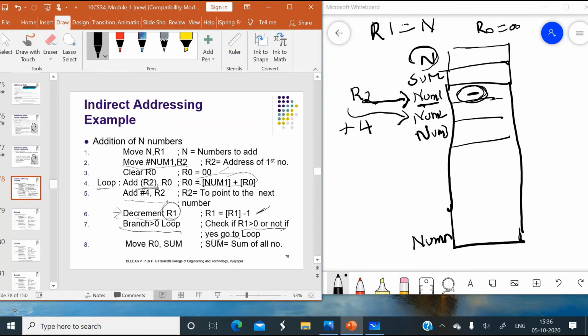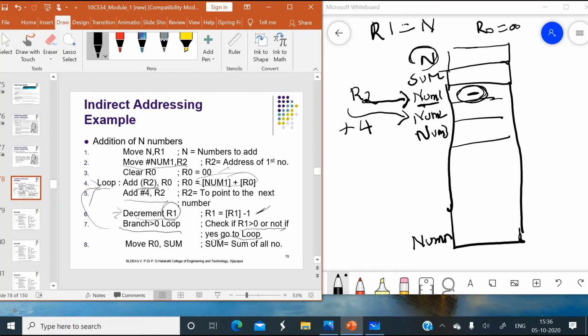If yes, then go to the label called loop. Now in loop, what is there? In loop, I am saying again add the content of the next number wherever R2 is pointing. That memory address content has to be added to R0.